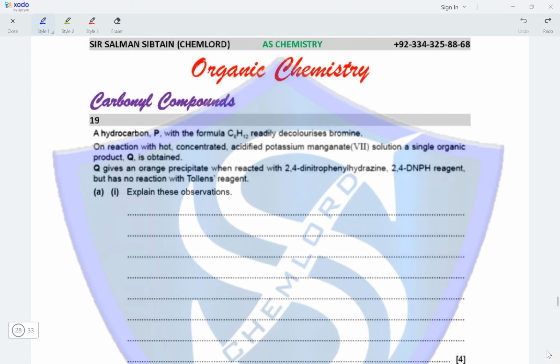Question 19. A hydrocarbon P with the formula C6H12 readily decolorizes bromine. On reaction with hot concentrated acidified potassium manganate(VII) solution, a single organic product Q is obtained. Q gives an orange precipitate when reacted with 2,4-dinitrophenylhydrazine (2,4-DNPH) reagent, but has no reaction with Tollens' reagent. Explain these observations. So, if it decolorizes bromine, that means